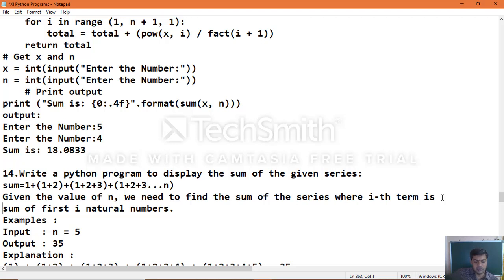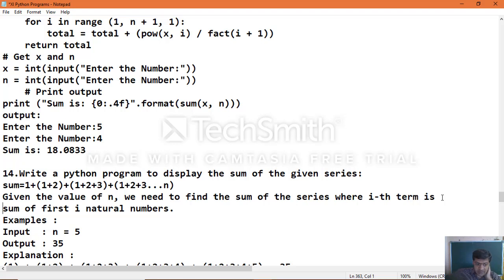Given the value of n, we need to find the sum of the series where the ith term is the sum of first i natural numbers. Example: if you give n equal to 5, output should be 35. First 1, then 1 plus 2, which becomes 3, then 1 plus 2 plus 3, which is 6.